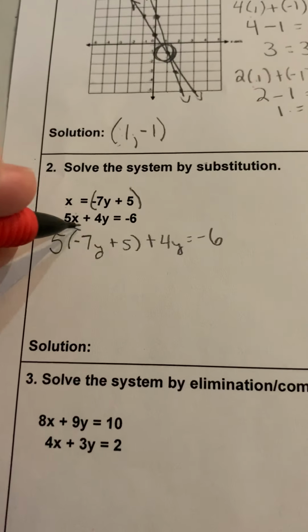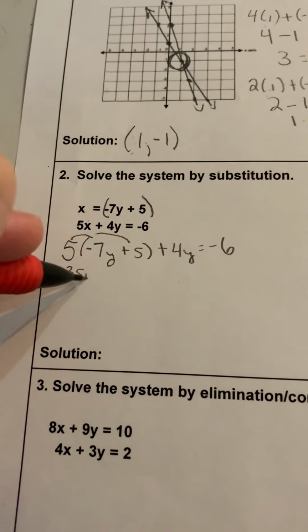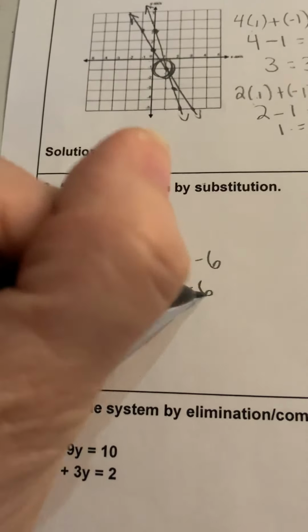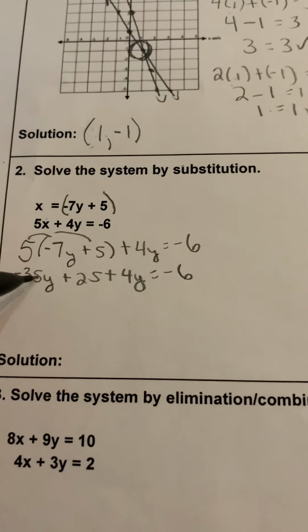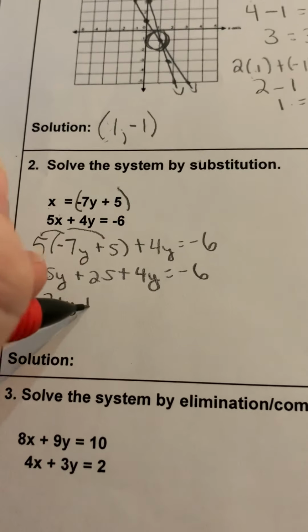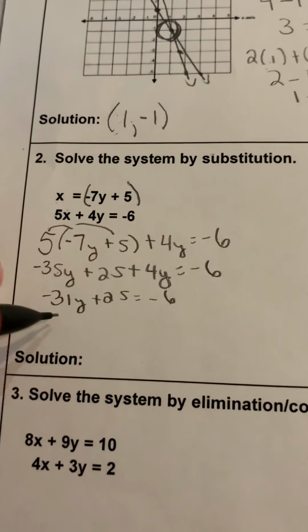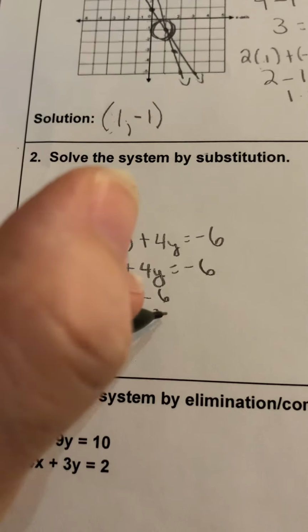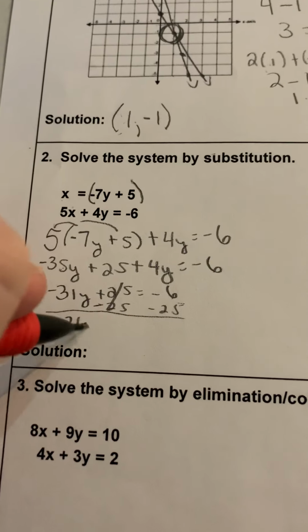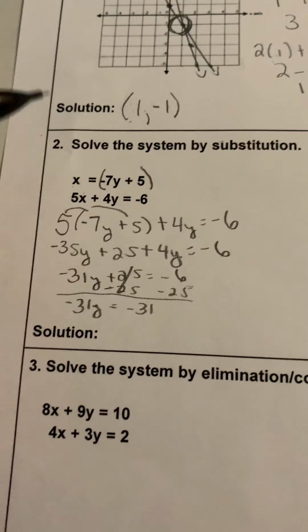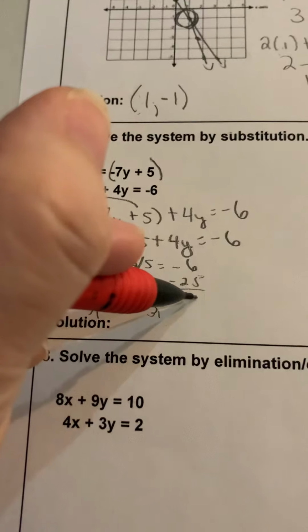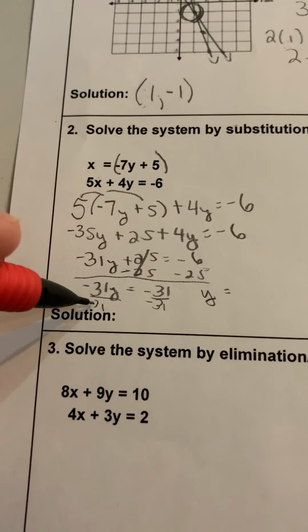Now I have to distribute here, so I have negative 35y plus 25 plus 4y equals negative 6. Now I'm going to combine my y's, which gives me negative 31y plus 25 equals negative 6. I'm going to subtract 25 from both sides to isolate the variable. So I have negative 31y equals negative 31. If I divide both sides by negative 31, y equals